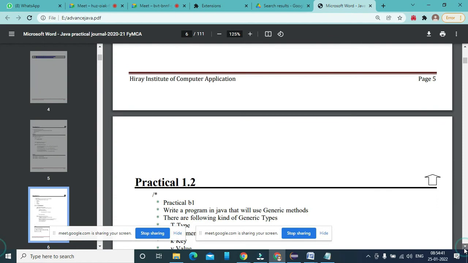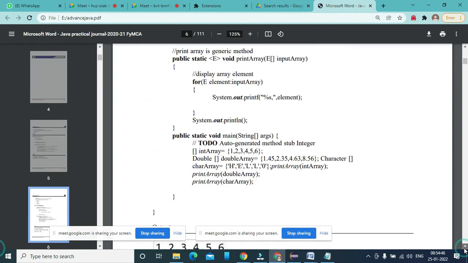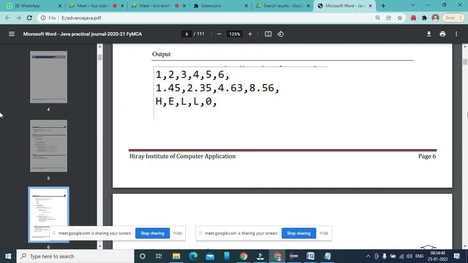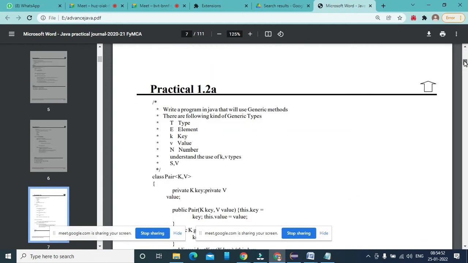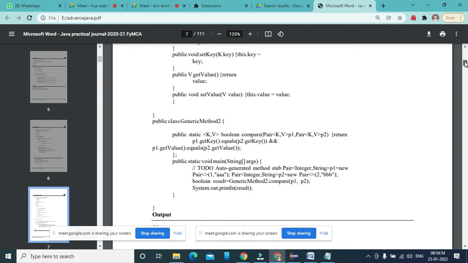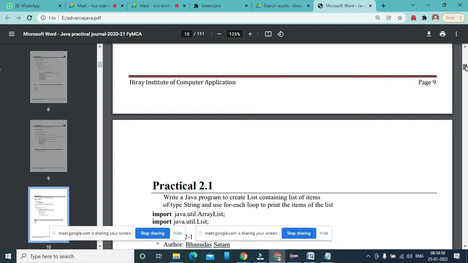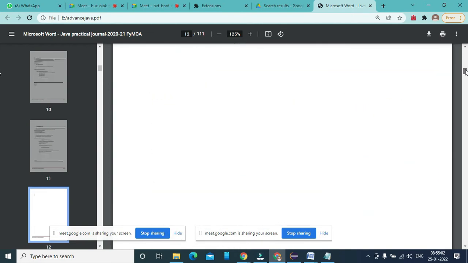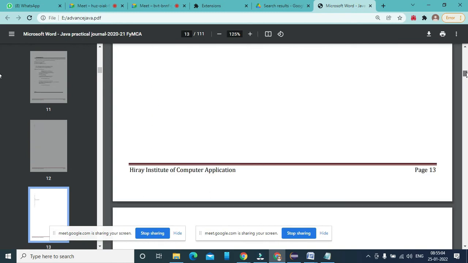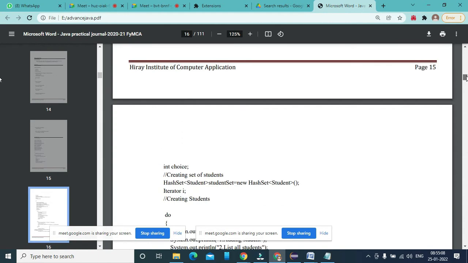This is a part which we are using here. If you look at this example, the same kind of example I'm going to create here, so don't copy paste. We are going to see it directly, and this is the example we are going to do. If you see, my name is also there.